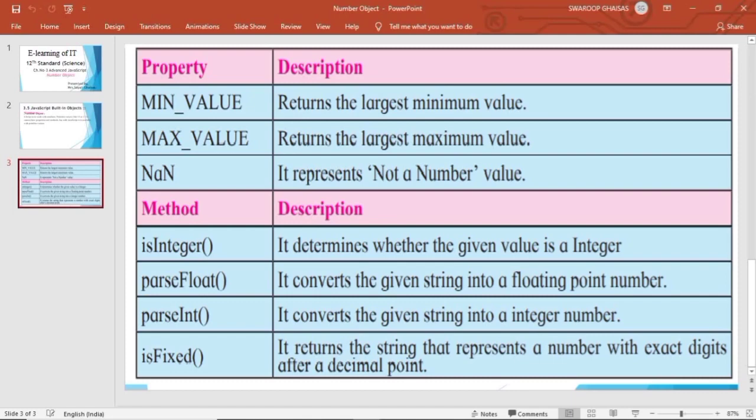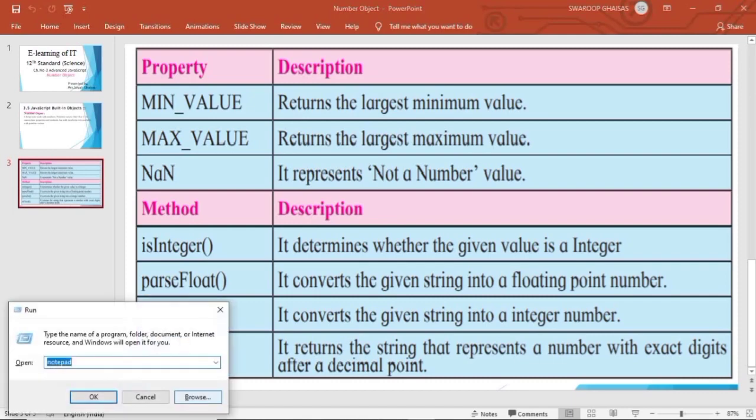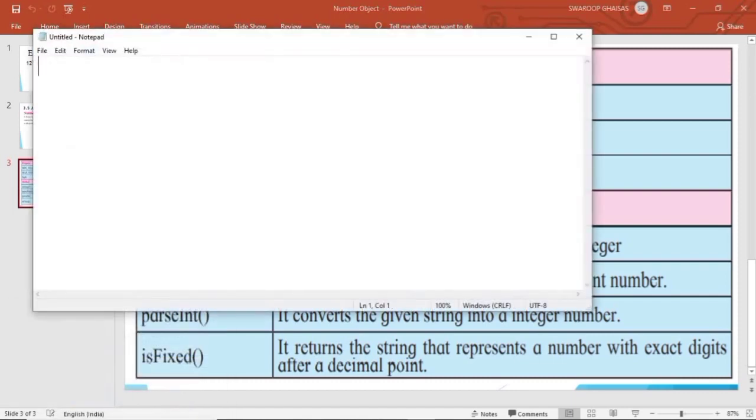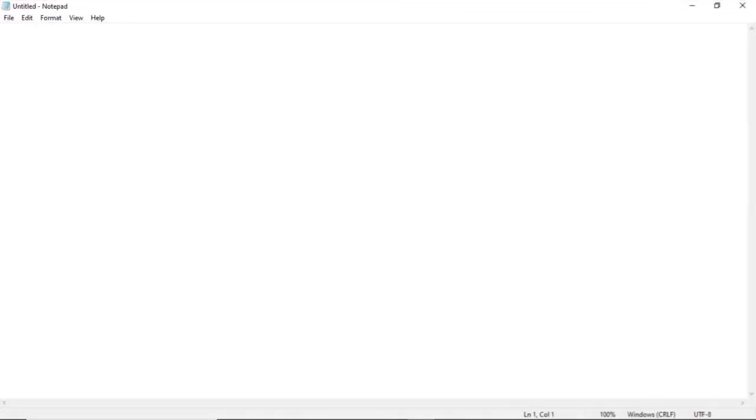For that, first of all, open a notepad. Let us write a code. Very first line is doctype HTML. After that, the HTML tag starts, and close the HTML tag, that is end the HTML.